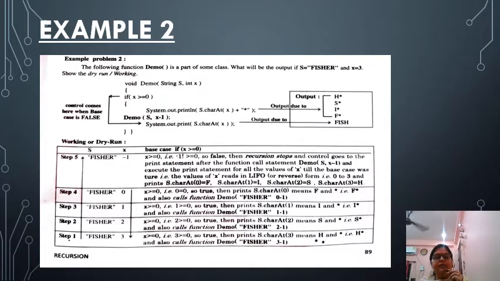Your step 1 is when it is 3, it is like this. Step 2, see, pay attention here and go revise it and write it like this only. Because you have to write it in your register and in your exam also, you all have to show the dry run of this program. Whatever the program or segment of the program has been given, you have to write the dry run of the program.